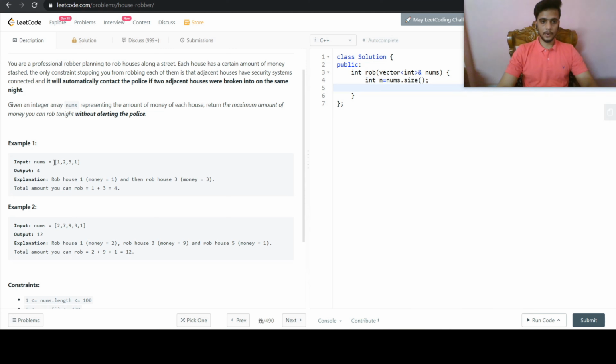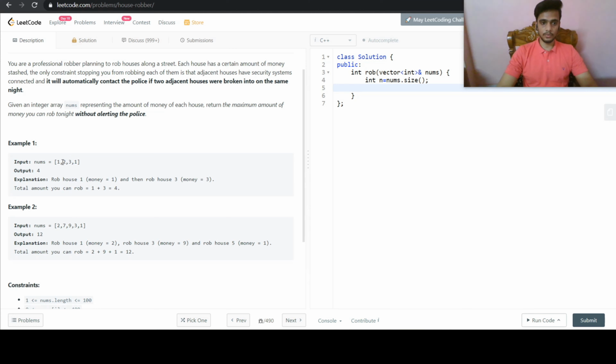So this problem is actually a dynamic programming problem, where our decision whether we want to rob that house or not depends on how much value up till the last house we have robbed, and based on that we will make a decision.